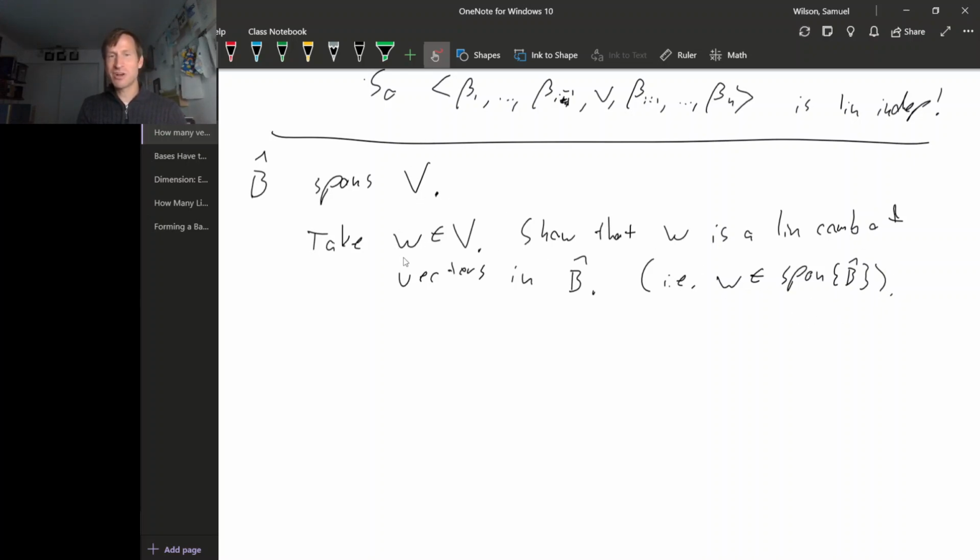So to show that, we're going to take any vector from V, capital V, and show that it is in the span of b hat. Well, what do we know about arbitrary vectors from V? The only thing we know about arbitrary vectors from V is that they're linear combinations of the basis vectors beta 1 through beta n. So we know we can write w as a linear combination of the betas. So let's say it's a sub 1 beta sub 1 plus dot dot dot down to a sub